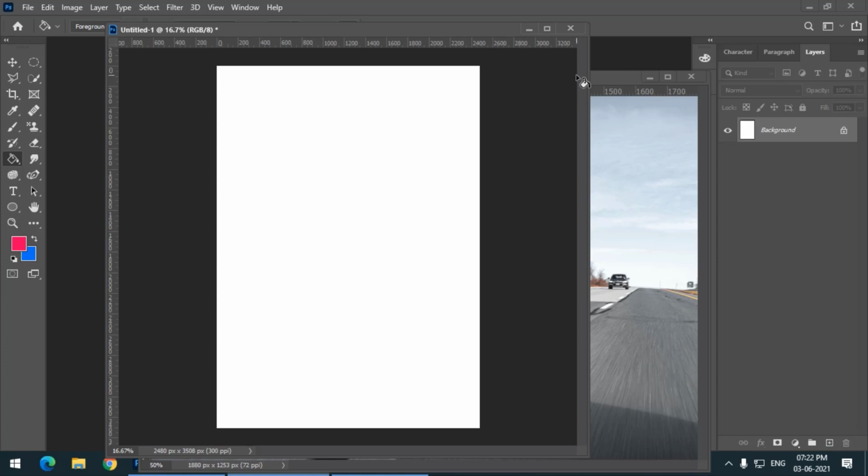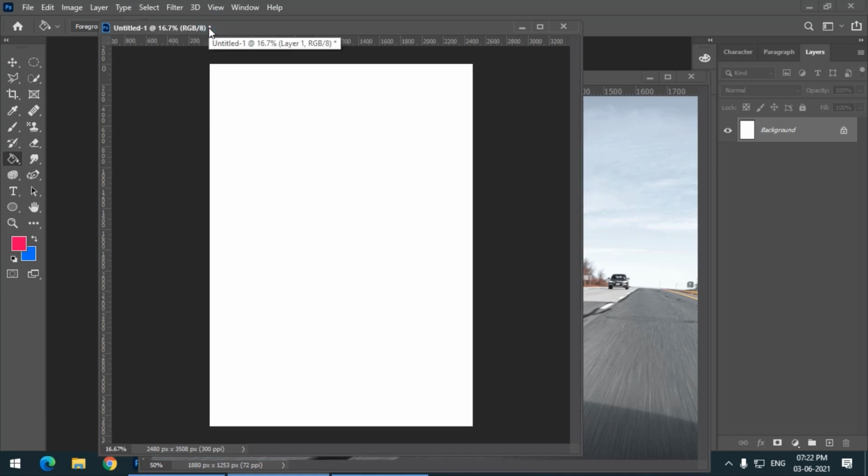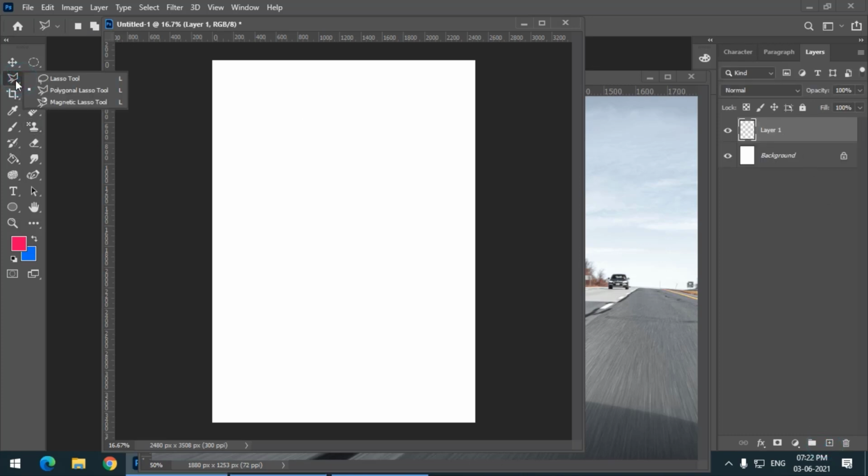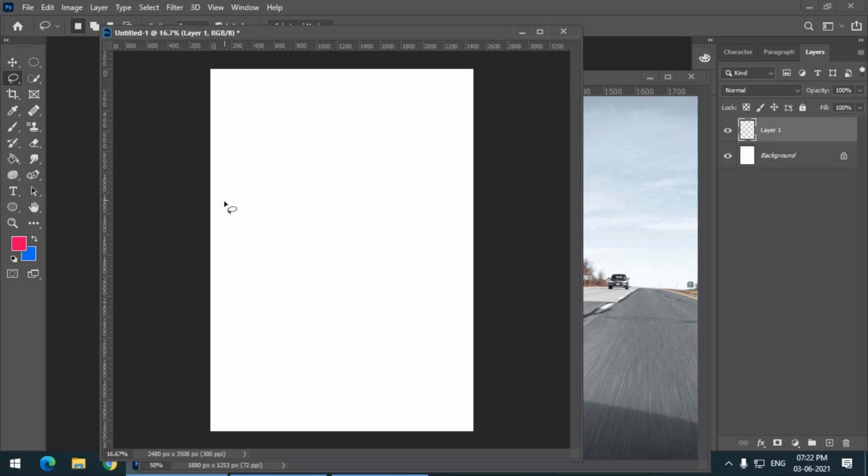So let's say I want to create an artwork inspired by Jungle Book, not really a Jungle Book. So we'll try some basic thing. It won't look great, but we will try to have some fun with ourselves. Okay, so first of all, as I said, I will create a new layer and I will use the lasso tool, because the lasso tool is a freehand selection tool. It doesn't have any restrictions. So you have to simply press and hold your left mouse button and draw whatever you like.